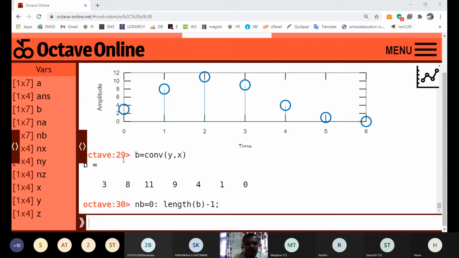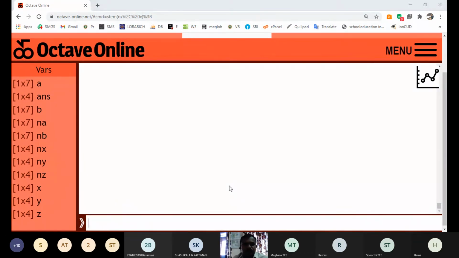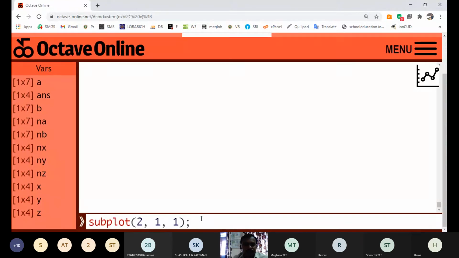Then we need to draw the second figure, which is going to show the result of RHS. So figure number 2. Then we need to draw plots. Only 2 plots are sufficient because we need the comparison for just the commutative property, LHS equal to RHS.